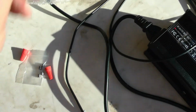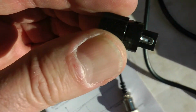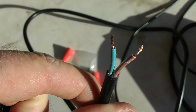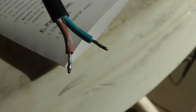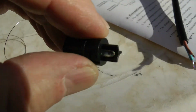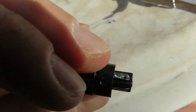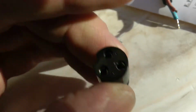I'm going to solder mine because I'm using this connector. So I'm just going to put some solder in the pin 1 and pin 2 connections, fill those with solder first. I'm going to put some solder on these wires so they're tinned good, and I'm just going to connect them up to this. Okay, you can see I've got these wires tinned. I got some solder on both the brown and blue wires, and I'm going to do these one at a time. So I filled in solder on the connection for pin 2, which is going to be my negative connection. I didn't do pin 1 yet, so I only got solder on one connection because it'll keep me from getting mixed up. So I'm going to do my negative first, which is pin 2,